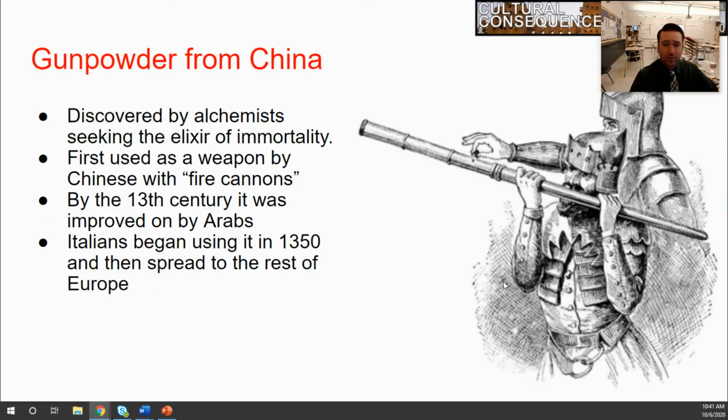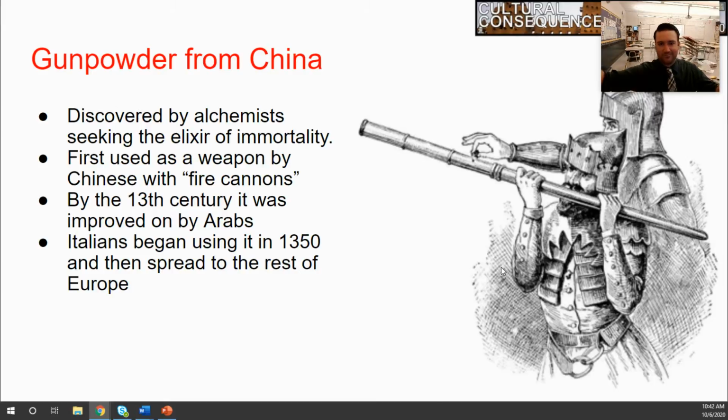Technological innovations also spread as a result of trade. Of course, gunpowder from China, in which gunpowder was discovered by alchemists seeking the elixir for immortality. I love the irony in that. What they discovered was something that would forever change warfare around the world. And so, the first weaponized use of gunpowder was with these things called fire cannons, in which they would basically blow a big,